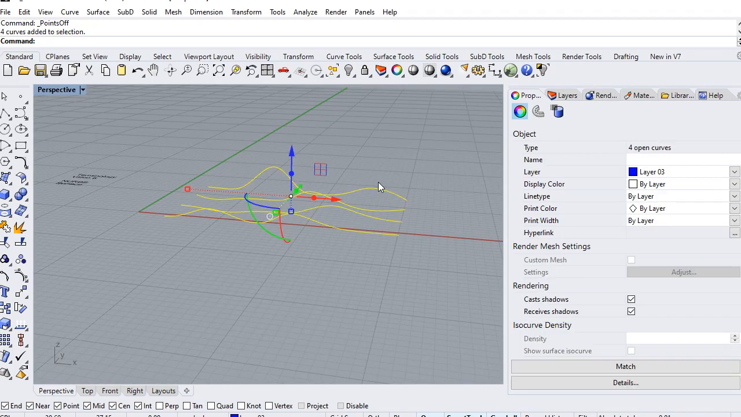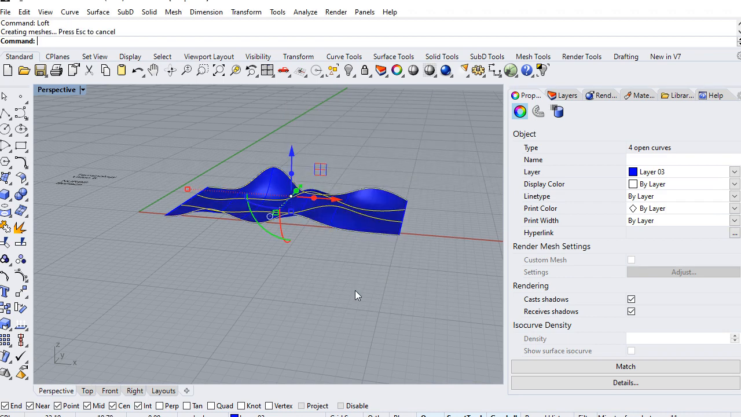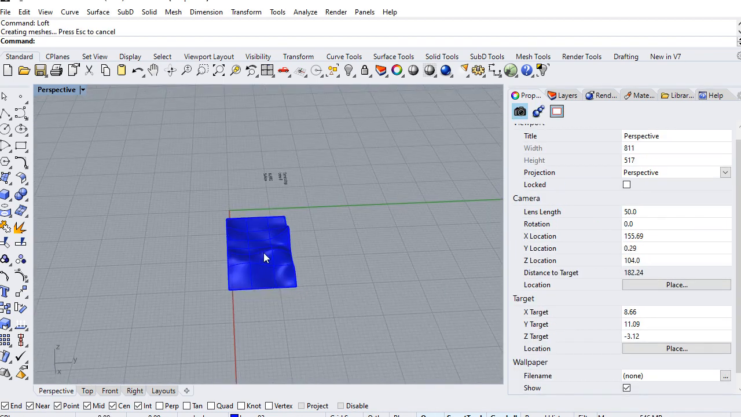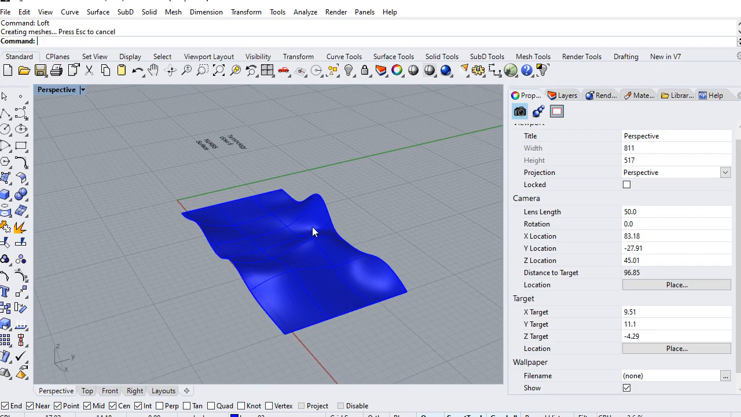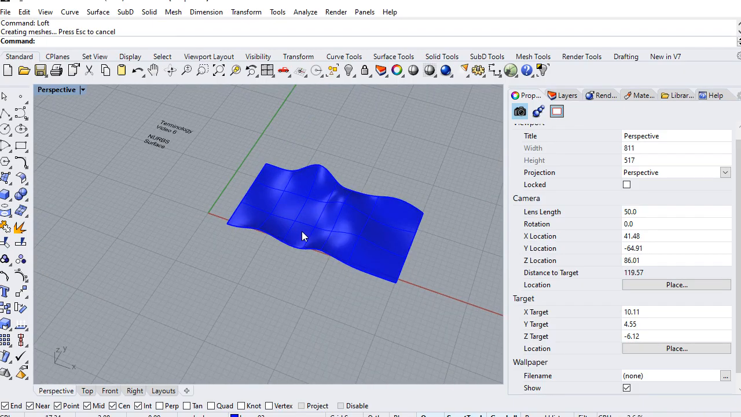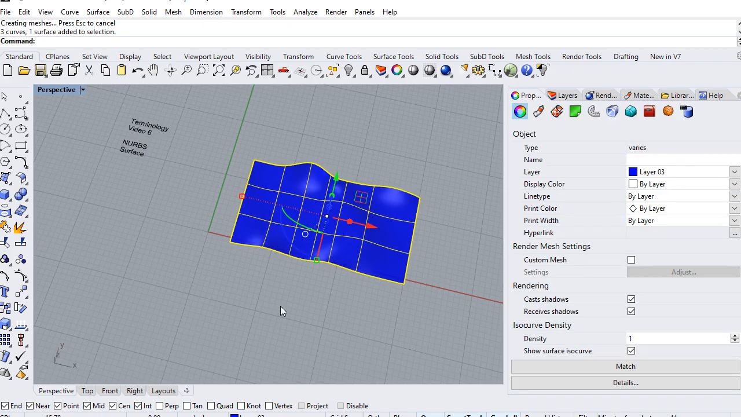So I'm going to select them. I'm going to type in loft. Don't worry that you don't know how to do this yet. I'll say OK. And there we go, right? So now I've actually created a surface with 1, 2, 3, 4 sides. Now you might be saying, what if it's round? That's fair. So if I had a round surface